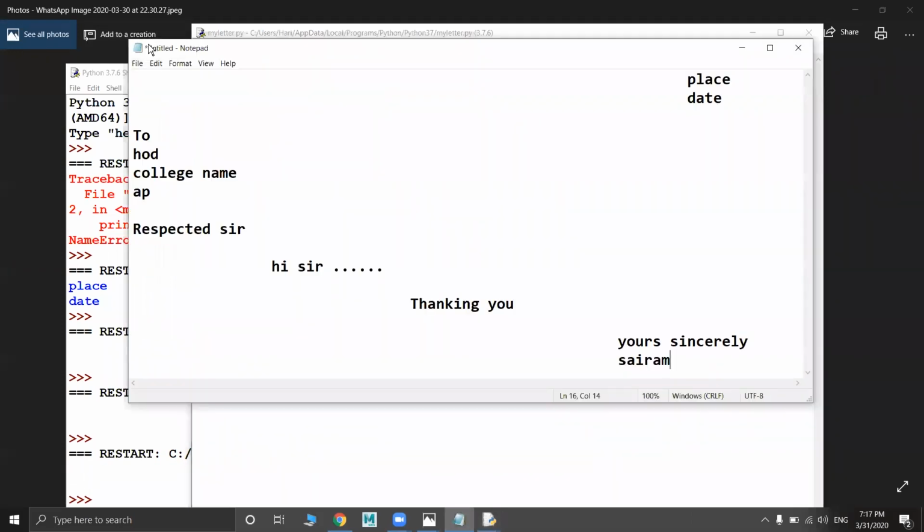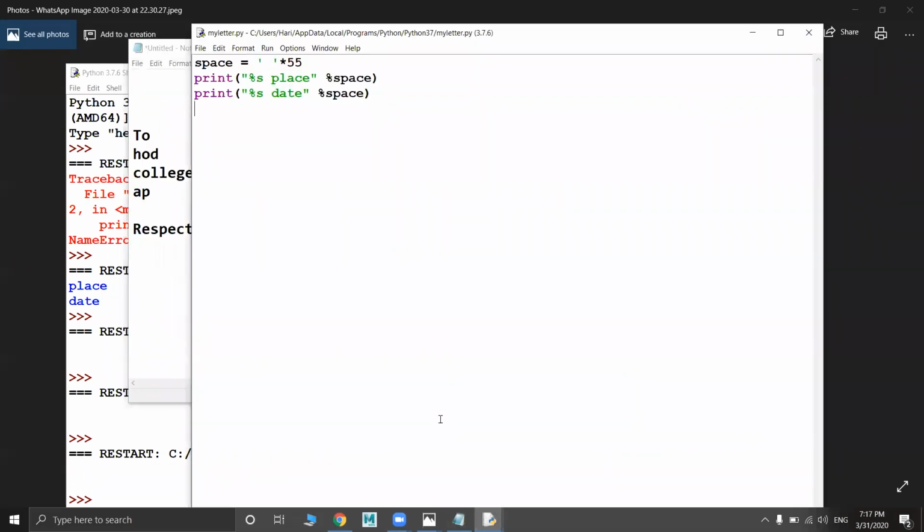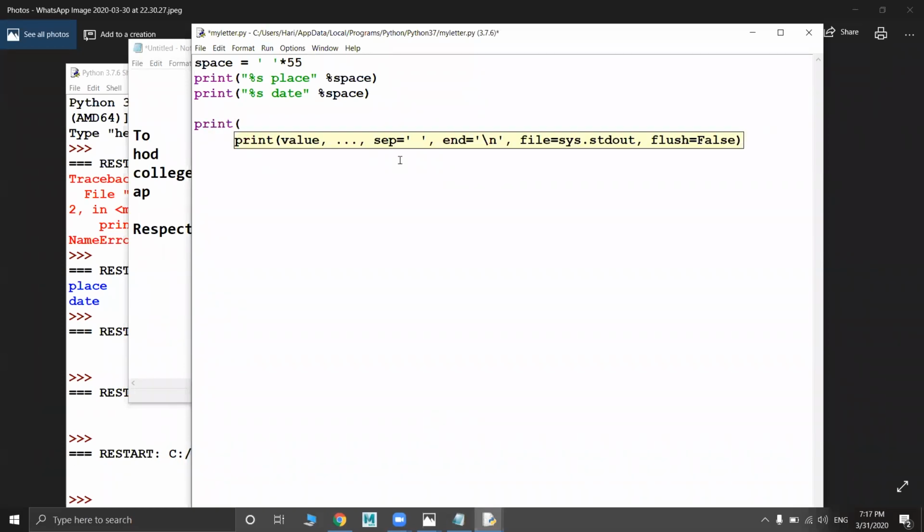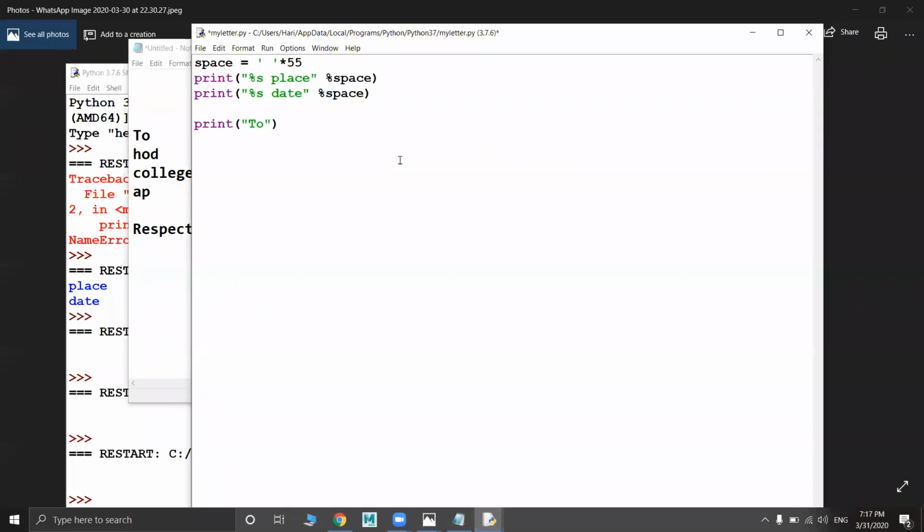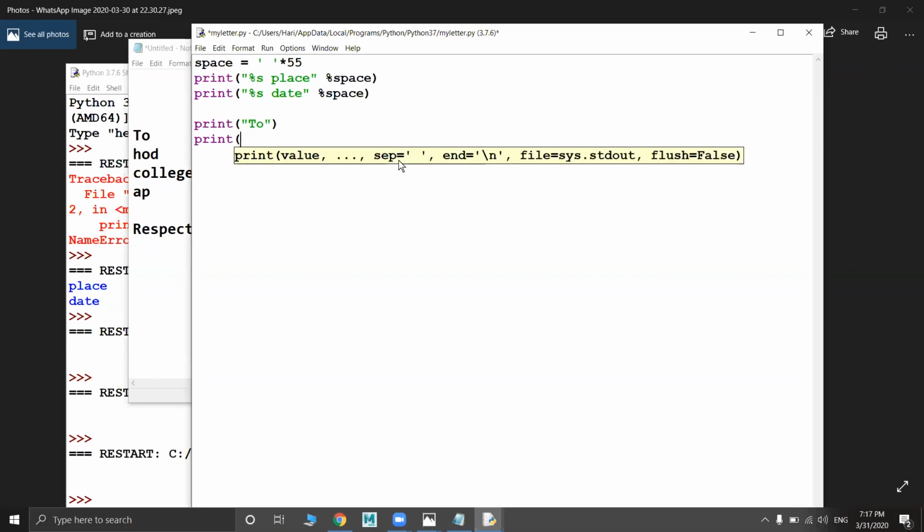So what you need to write after place, date, again you need to write. So basically I don't use Jupyter or Spyder or some other IDLEs. I prefer to use the basic Python IDLE, or else I like to use notepads like Sublime Text or something, because there you won't get autofill.